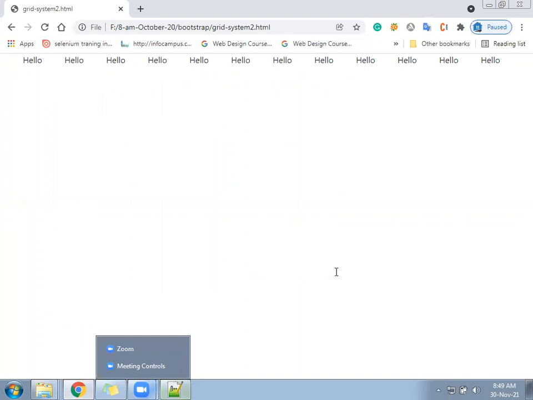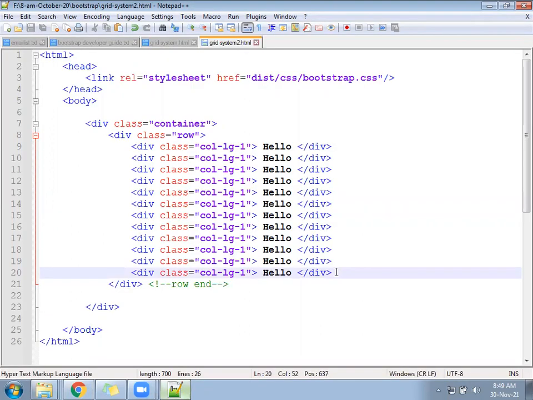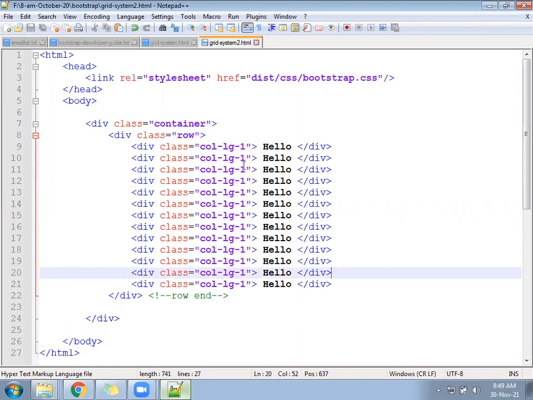Okay, keep the 13th one. Then see where it is going. Hello, 13. You placed another one, next line. 13 is going to the next line. Definitely it will go to the next line, because once 12 columns are generated, there is no space on the right side.